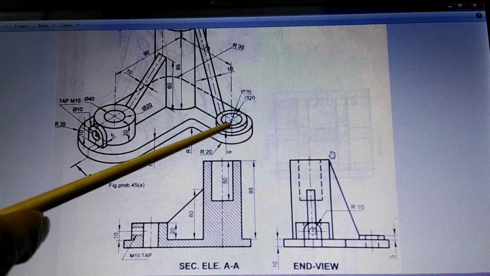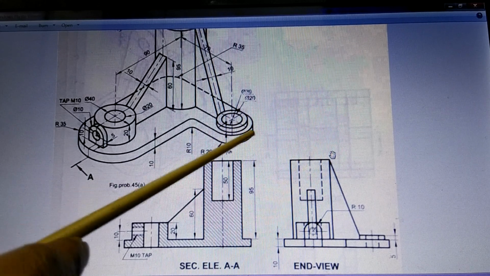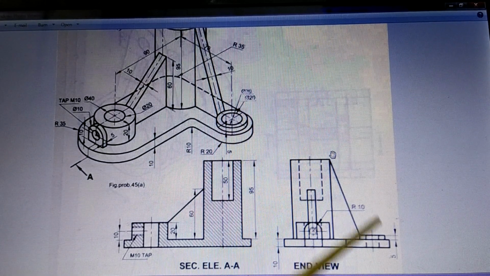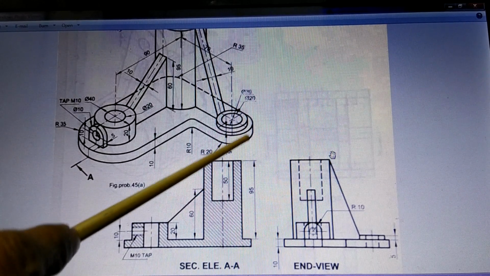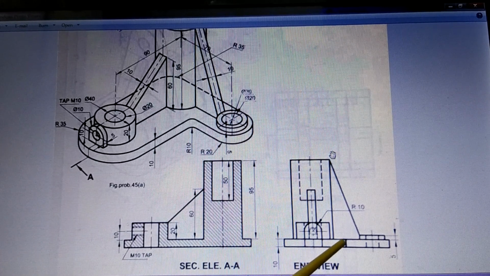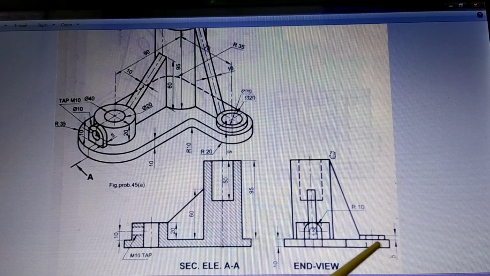And once you get this center line, then whatever is the curvature shown here, R20, that means after 70, another 20 distance is there. So from this 70, you go ahead by 20. That is where the object is over. So this 10 mm thickness will continue up to here. So 70 from center to center and another 20 here.